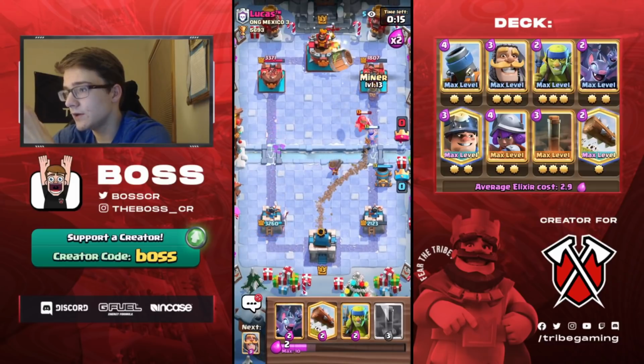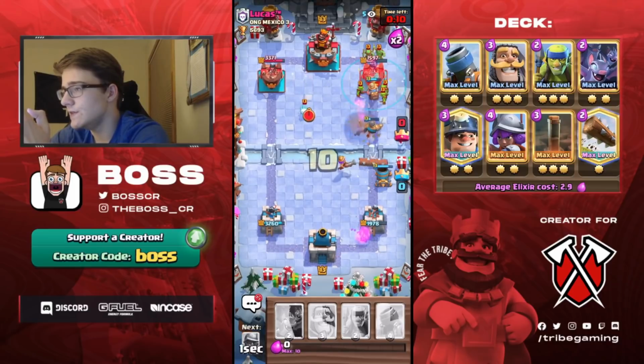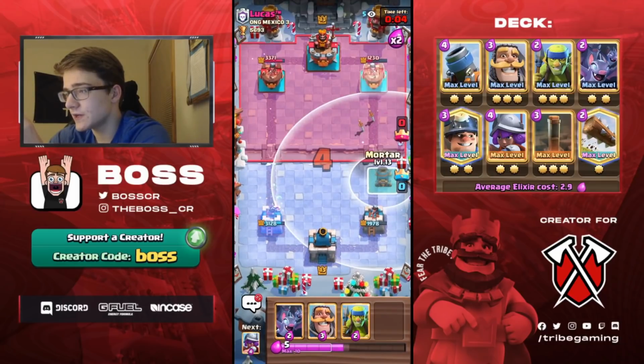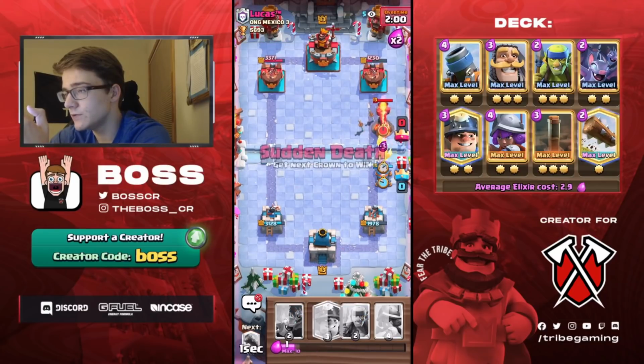Elixir after the Rocket. So we can just go for a Log on this, we can go for an Earthquake on the Goblin Gang, and you guys can see this Mortar deck often is just Earthquake cycle, Miner cycle in some situations. Really nice Rocket on his end, but we can actually send in another Mortar because he's low on Elixir after that Rocket. We can go for a Knight, trying to...